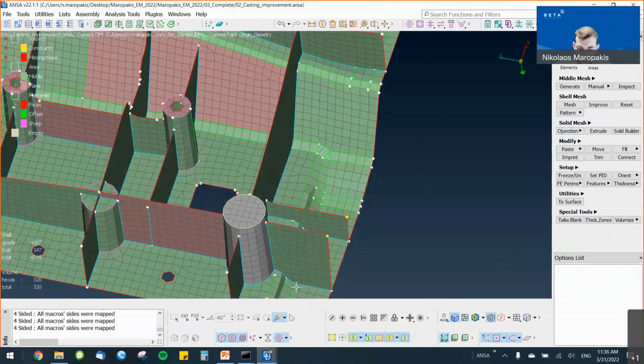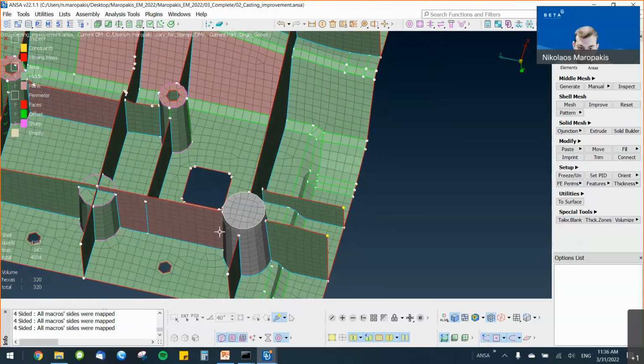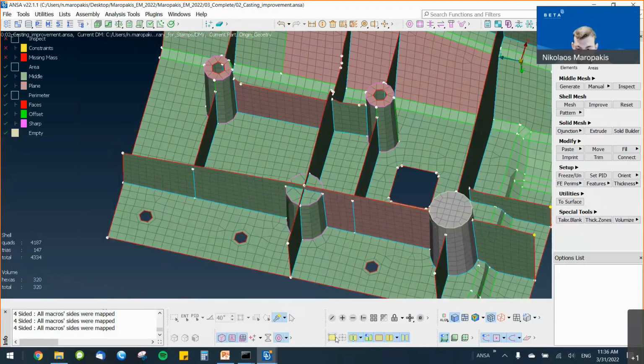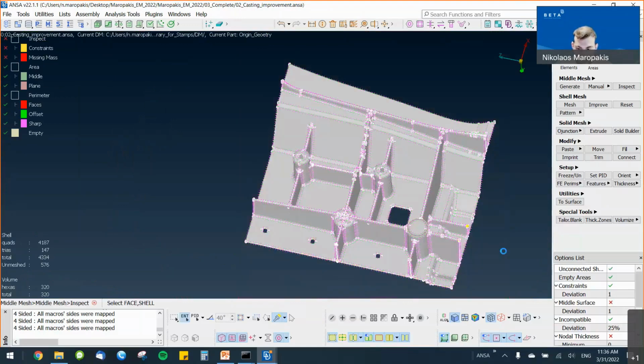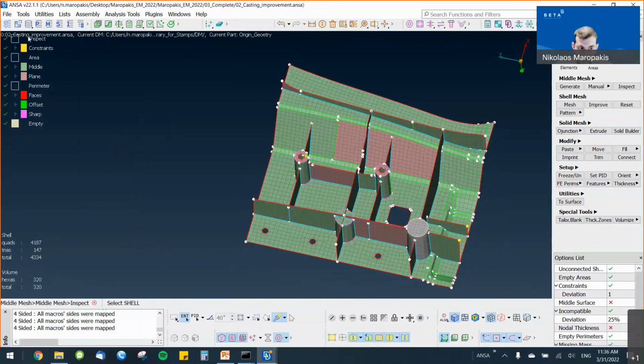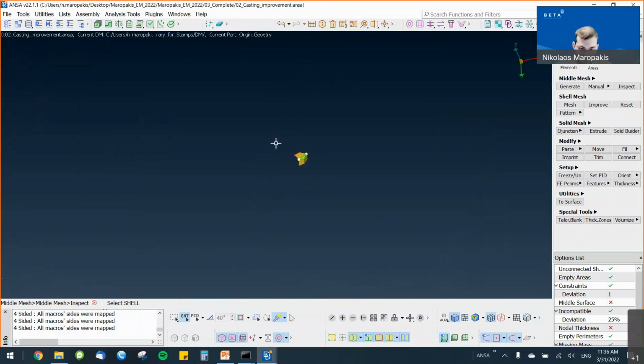And I can see here that I very easily have a solid mesh of my cylinder with a perfect pattern on the top. Finally, now that I'm finished, I will run one final inspect to be sure that I didn't miss anything. After the inspect is run, I can see that an error remains here. I cannot locate it with my eye. I can focus on it by right-clicking and select it show only here, and I can see that it's this small area that I missed.